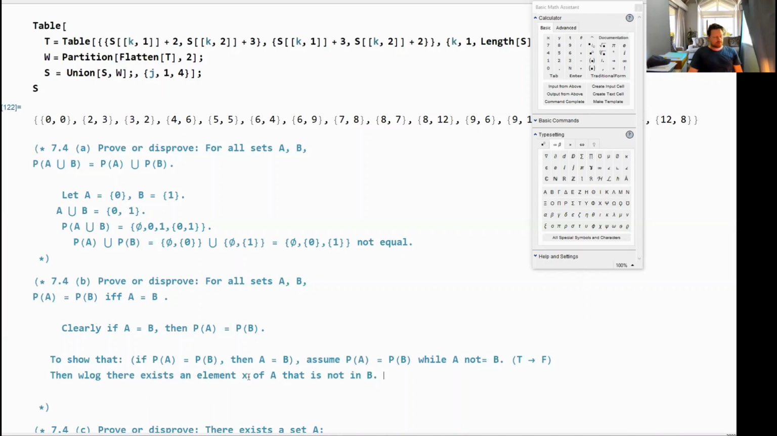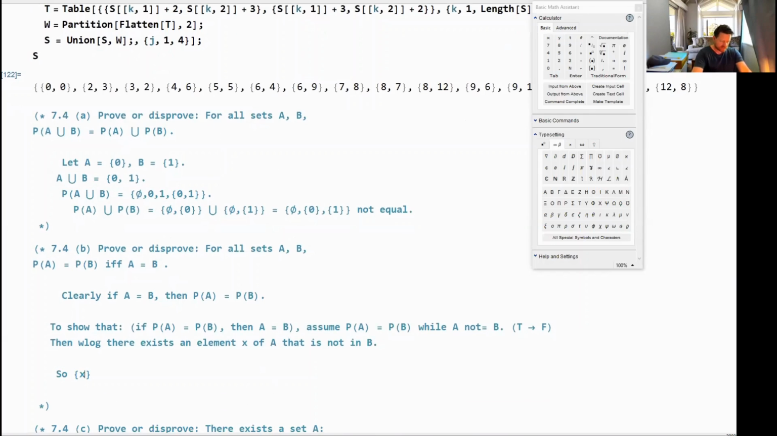The reason that we write without loss of generality there is because you could equally well say that there's an element x of B that is not in A. It's a simple mechanism to simplify the proof, or eliminate setting out unnecessary cases. So continuing, we assume that there's an element x of A that is not in B. So this means that the set containing x belongs to